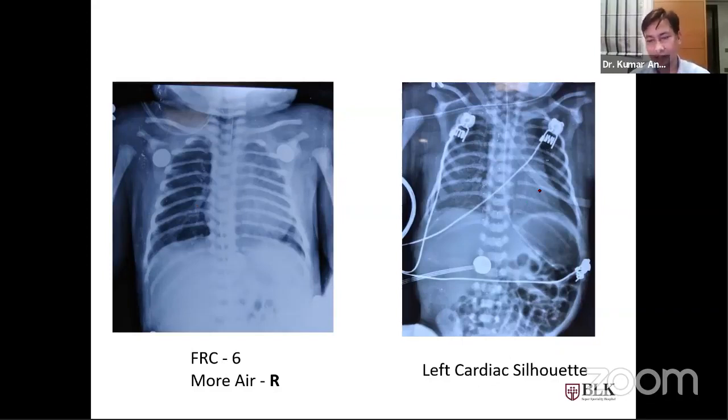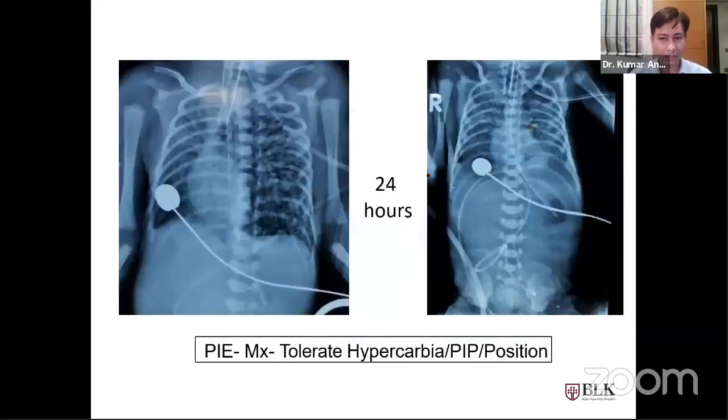In this X-ray, you can see the left heart margin looks more prominent compared to the right. More prominent means more lucent. That means the air is more on the left side compared to the right, but there is no air leak. Especially in an extreme preterm infant, you intubate the patient, you give surfactant, and suddenly the alveoli rupture, and the rupture leads to leakage of air, and that air can go into the interstitium. There is still no air outside the pleura, but you can see a lot of air in the interstitium, and this is pulmonary interstitial emphysema.